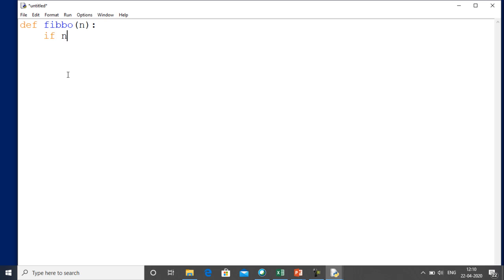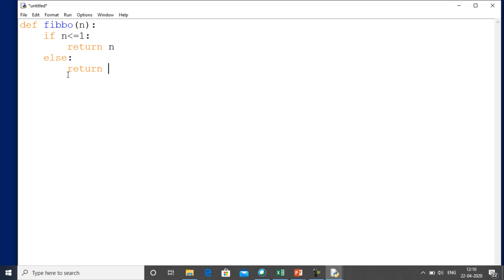If the value of n is less than or equal to 1, then we have to return n. Else, the same pattern which we followed in our previous questions, in case of else we will return this.